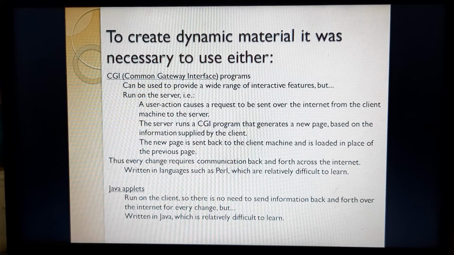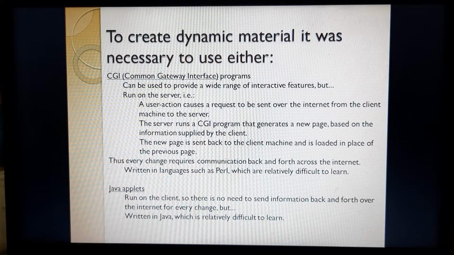As we know, JavaScript runs on the client system and doesn't require any server, whereas CGI requires a server. So therefore a user action causes a request to be sent over the internet from the client machine to the server machine, and only then does the interaction take place.